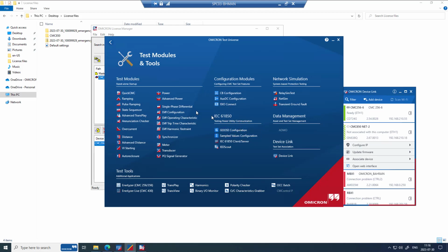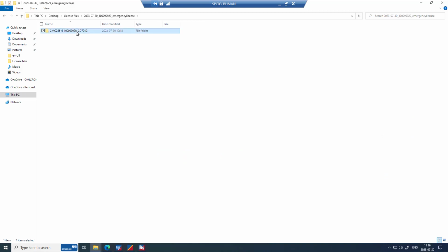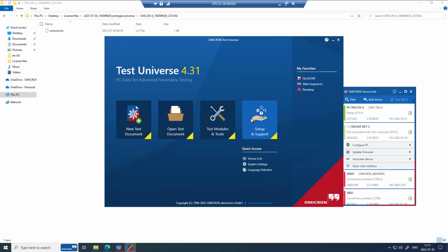You can make use of a demo license kind of emergency request you can make to the OMICRON technical support or the ASS manager, depending on the country and region that you belong to. Then we can provide you with an emergency license for